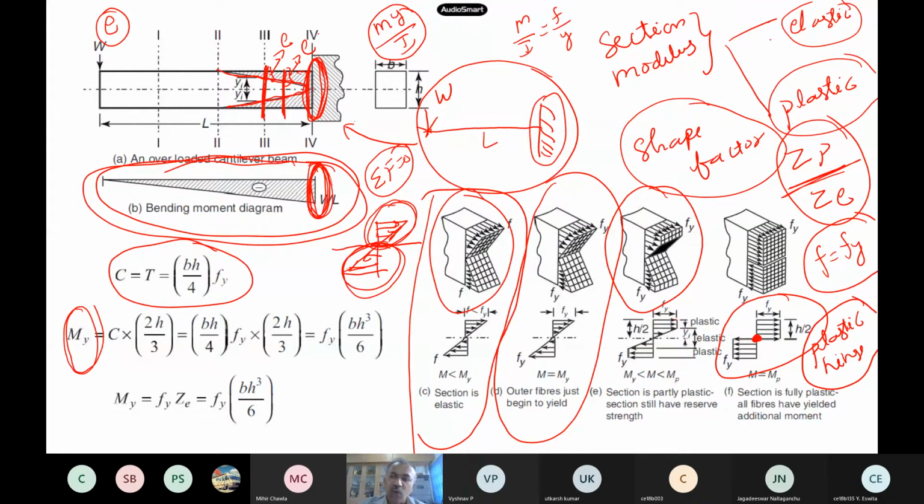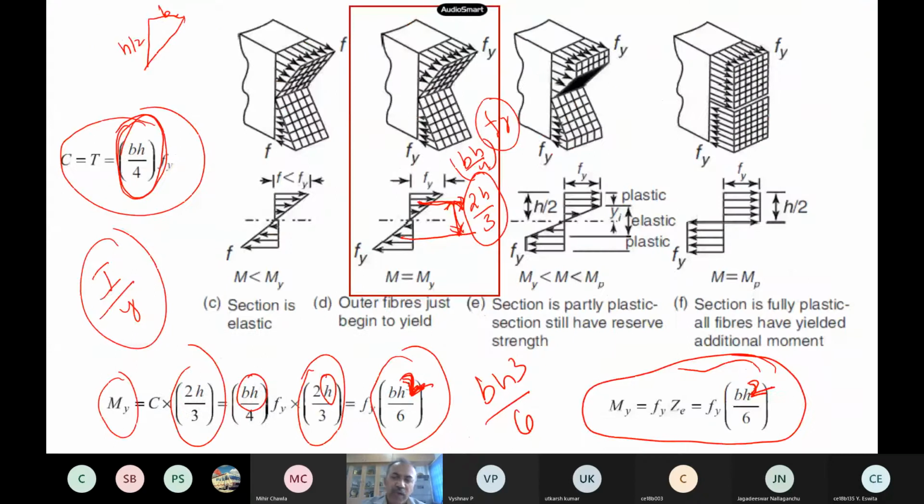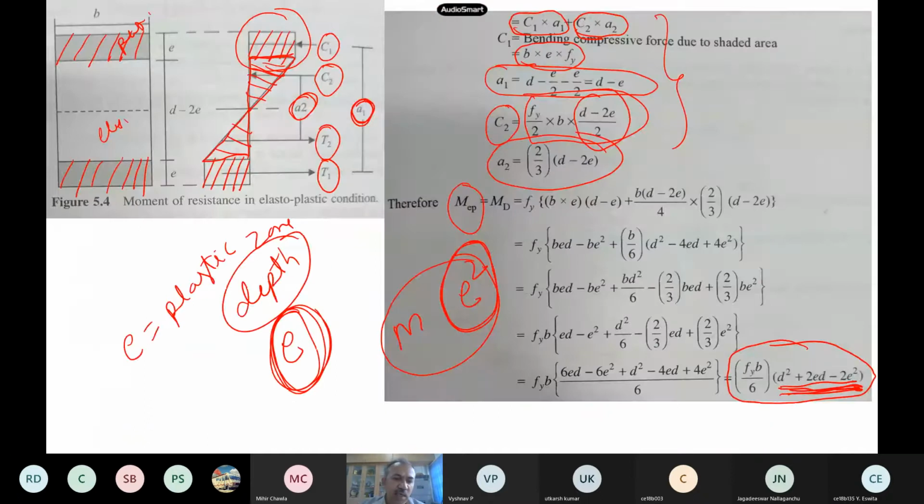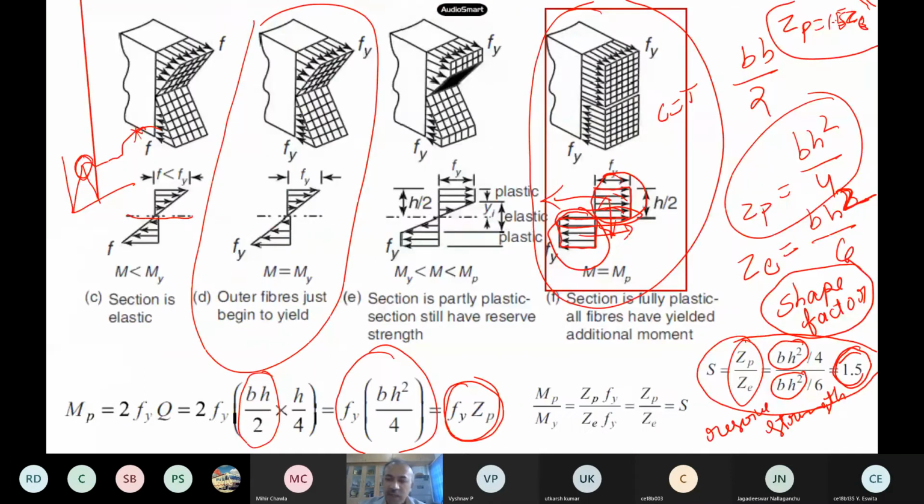One should know these things also. I already showed you last class how to find the elastic section modulus, which all of you are familiar with from your mechanics of materials, and then the plastic section modulus also. Once the section is completely plastified, finding the section modulus is very easy, because everything becomes like a rectangle, so compression and tension will be the same. We call it the equal area axis or plastic axis also. You find the moment, that is, the force times the lever arm, and you will get these things itself.